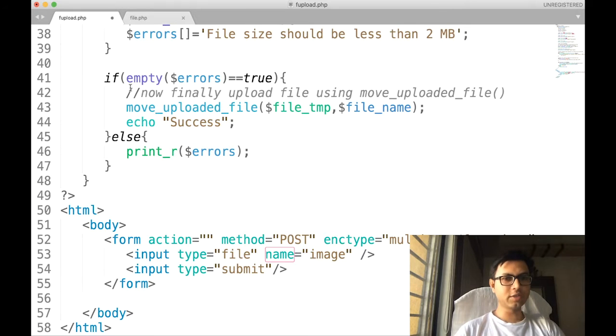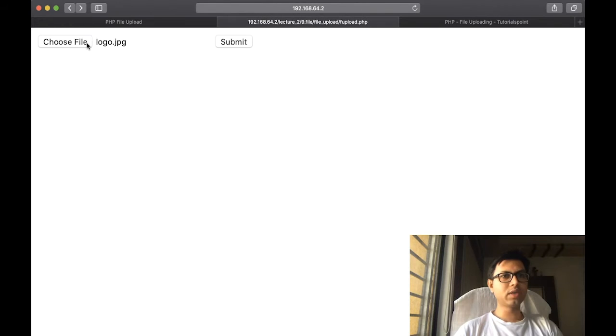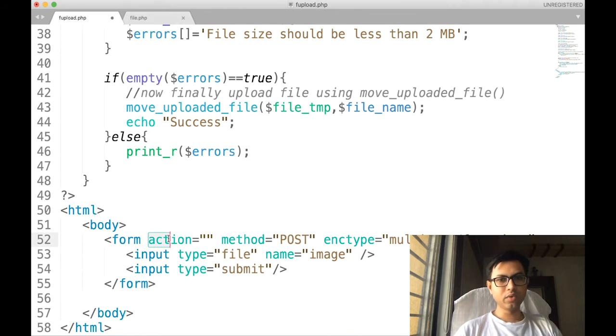So in today's program we are going to learn file uploading functionality. For that, as you see, we need this much HTML component only to show the output. We have to show a button where you can browse the file and submit the file. So for that, we have created a form with so and so characteristics. First form element is an input of type file.